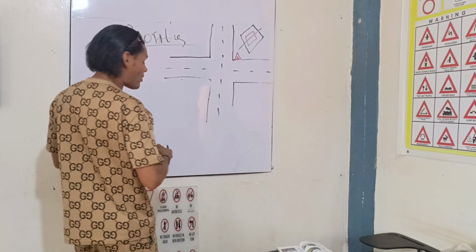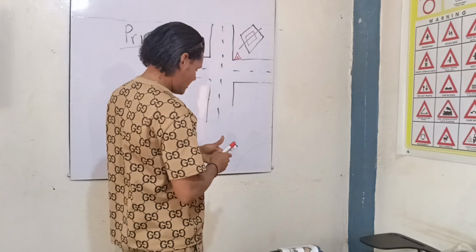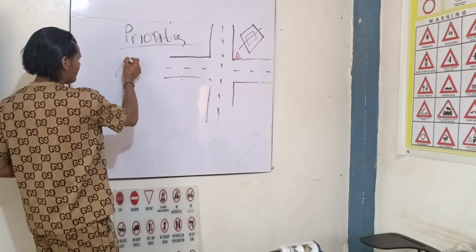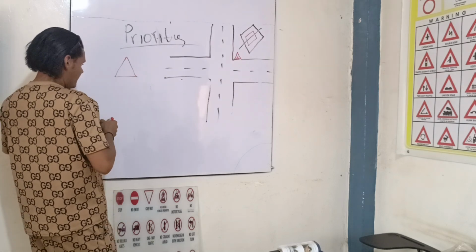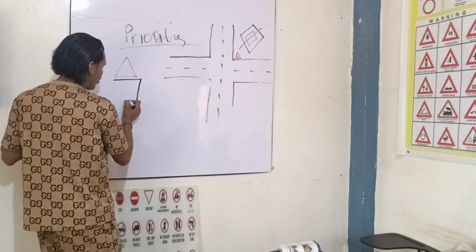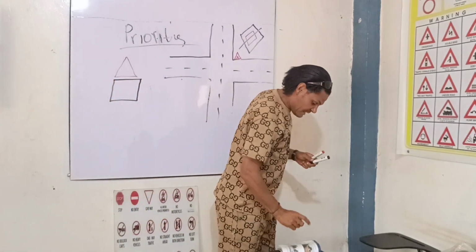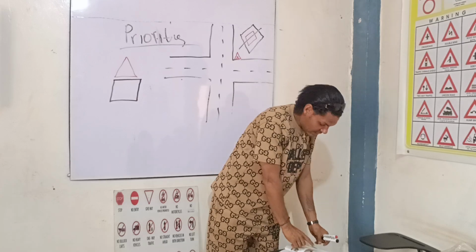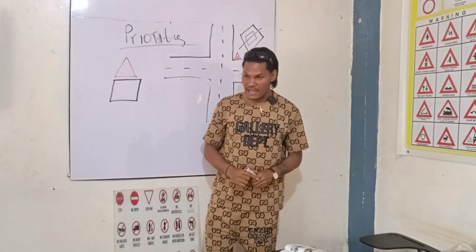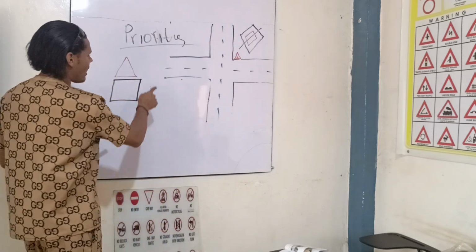Now, when I talk about priority and these diagram plates, right? Let's say we have our give way sign. Then the diagram plate they are talking about is an additional plate that is under the sign concerned, right? And the diagram plates are mostly only for priority and give way, stops and junctions. Now that diagram plate there, if you look, let's consider this the junction, right? If we are coming from here,